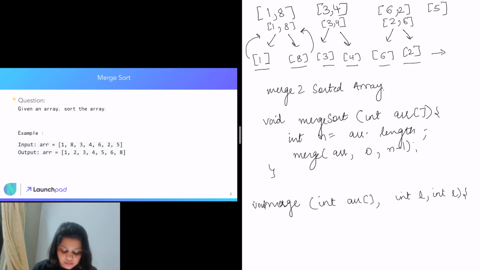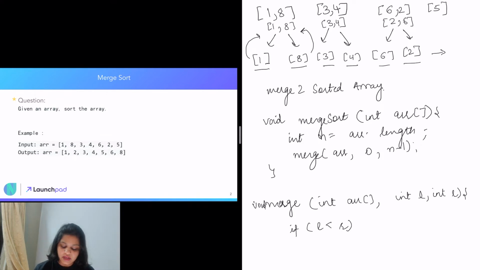So there can be three scenarios of these L and R's, right. L can be less than R, L can be equal to R, and L can be greater than R. When L is greater than R, that means our subarray's left start index is greater than the end index, which is not possible. So we are not going to do anything in that case, we are just going to return. Then if L is equal to R, that means we currently have a subarray of one element. When we only have one element in an array, it is a sorted array by itself, because there is no bigger or smaller element in that array. So we will just return it. So out of the three conditions, we only have to work when L is less than R, okay.